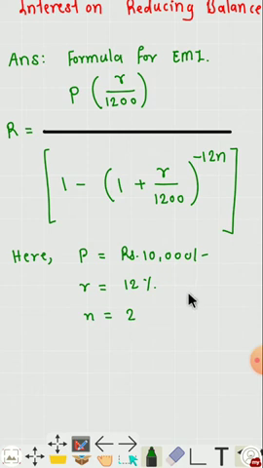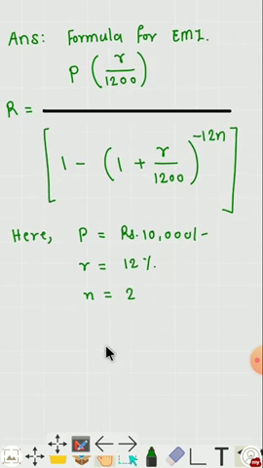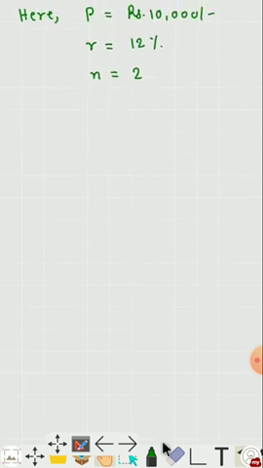For 2 years that amount is borrowed. So if I put the values of all these parameters in our formula, then